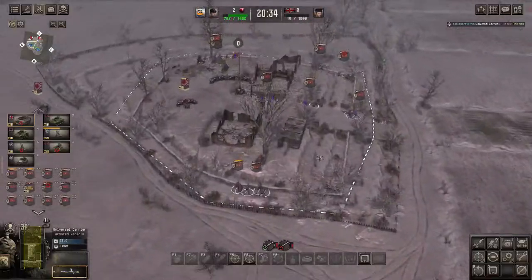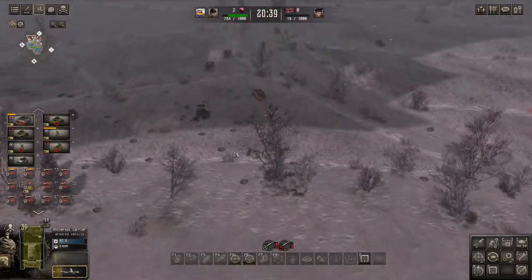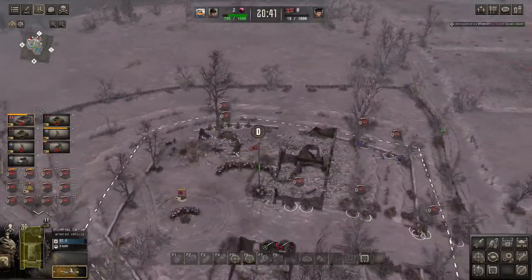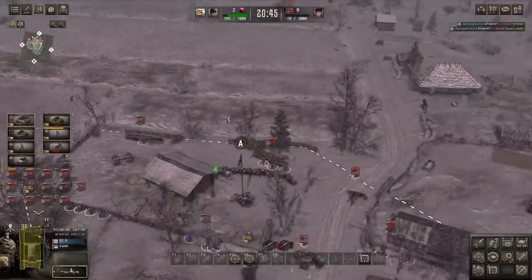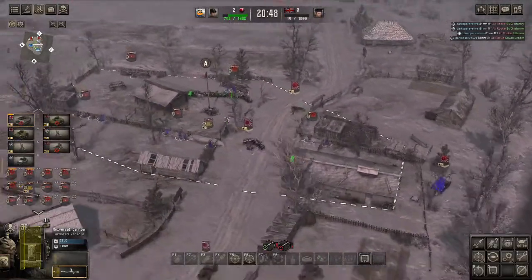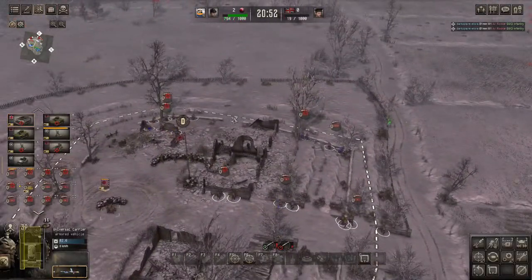Okay, at least we're holding the line there. We lost the 20 mil, which sucks, but it's okay. I take it that it's from the artillery or the mortars, because their constant use of mortars has been